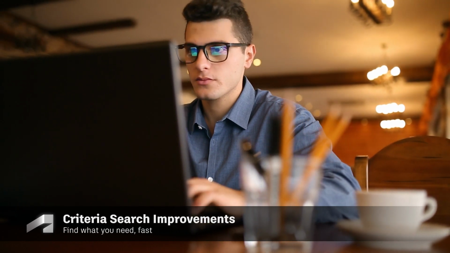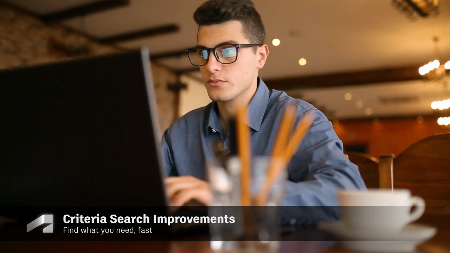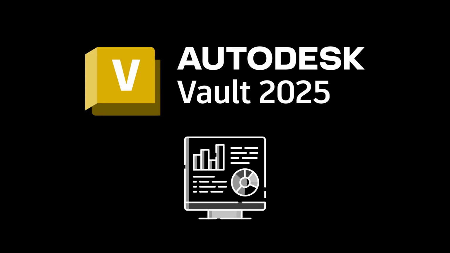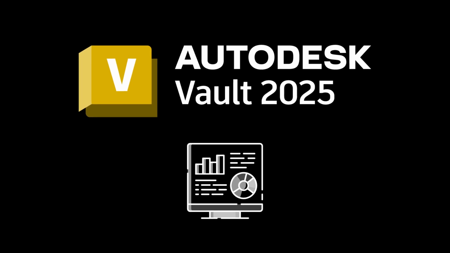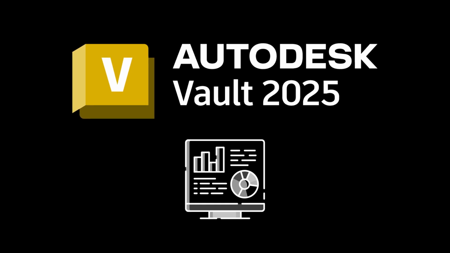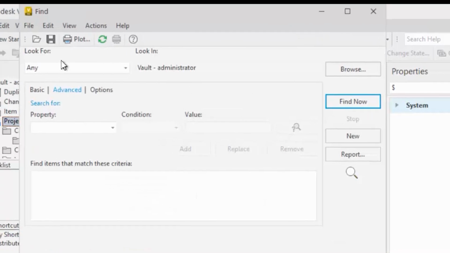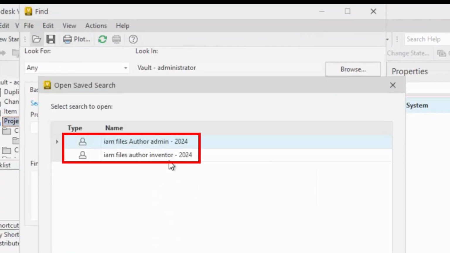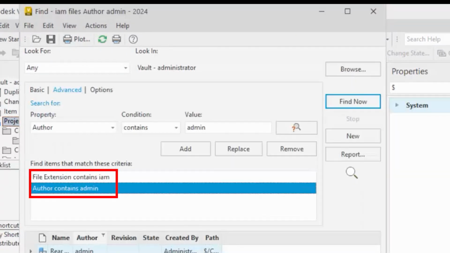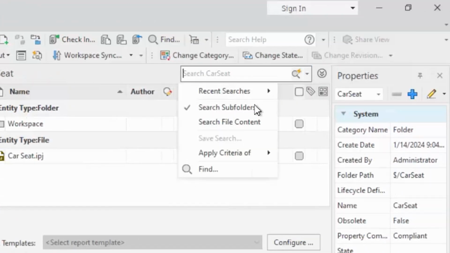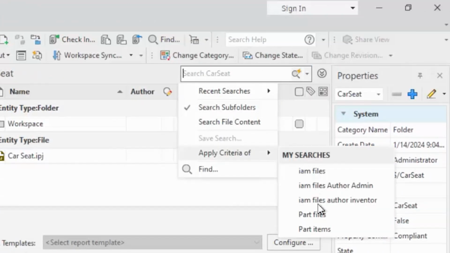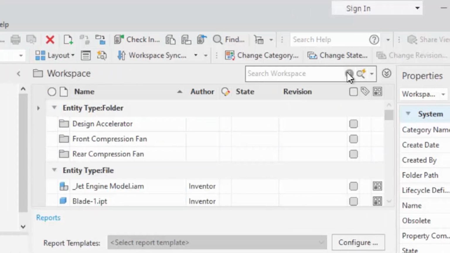Finding what you're looking for quickly is a key pillar of any PDM system. For 2025, we're improving how criteria-based searches function. In the past, it was difficult to reuse criteria within a saved search in other areas of Vault. Now, users can easily use criteria across different folders, simply by applying the criteria and then navigating to other areas